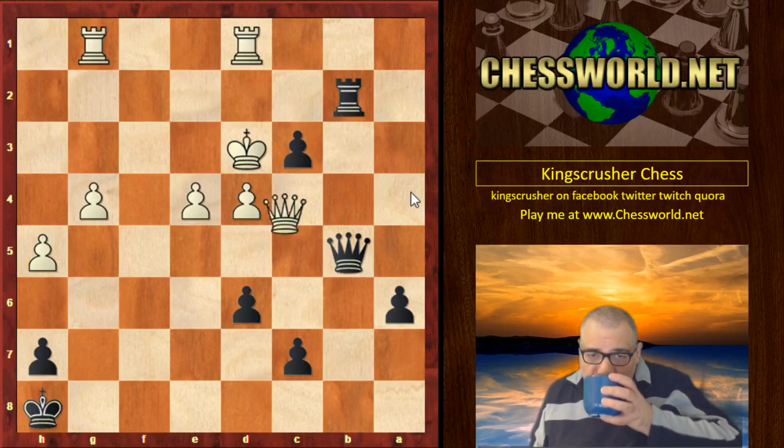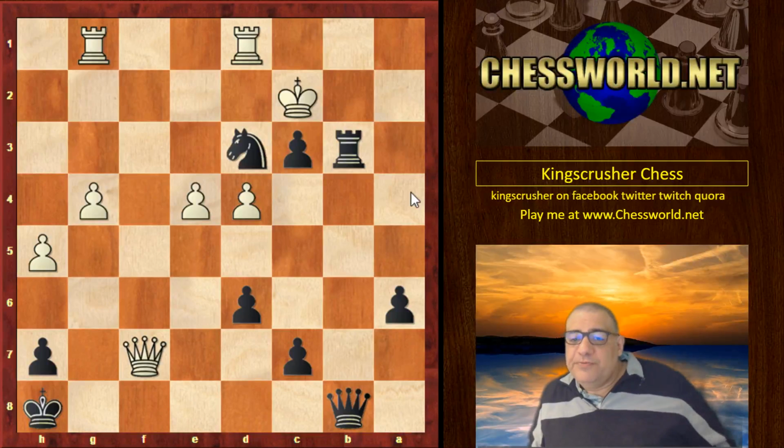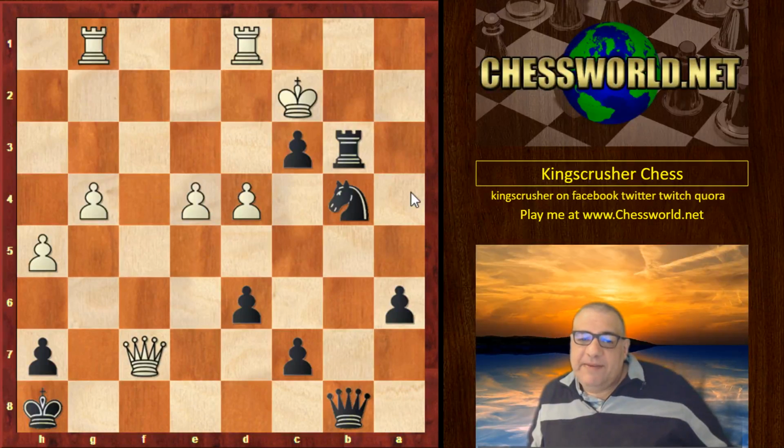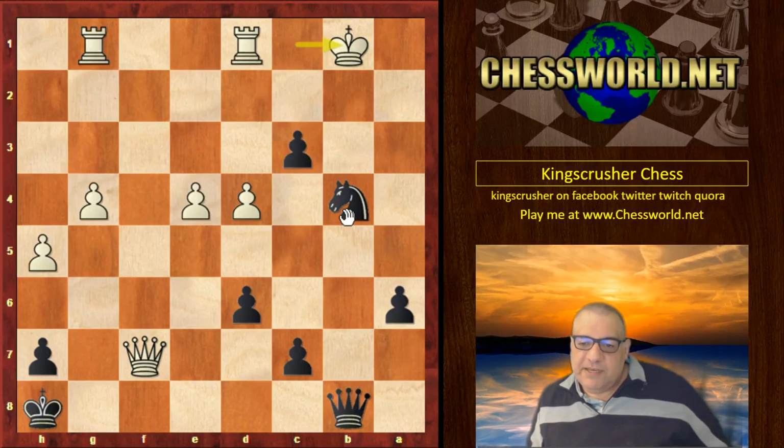Black, though, played this knight b4 check, offering the rook. If the rook's not accepted by the king, then it doesn't matter. Rook b1 check, we can force that rook to be taken, and we get this position with knight d5 check,